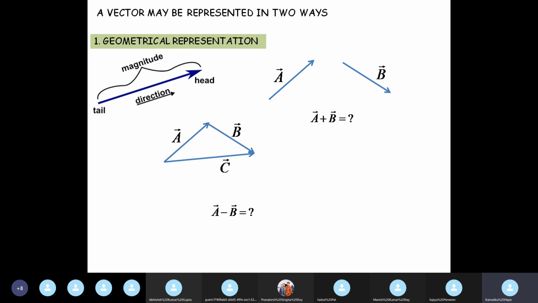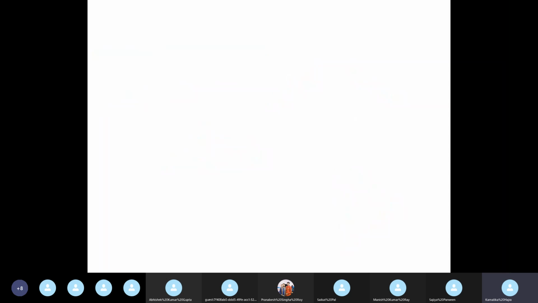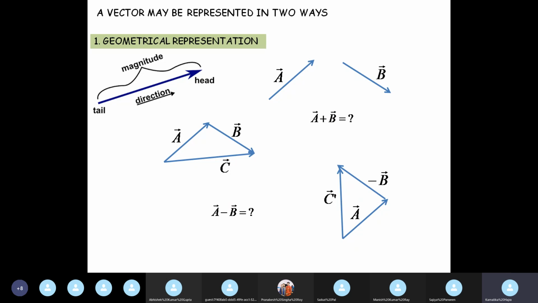Alright. What about A minus B? We simply reverse the direction of B. This is A, we reverse the direction of B and we get minus B. This was B, we just take the arrow to the other side. So we get minus B. And again we join the two ends to form the triangle, and we get a new vector C prime, which is A minus B. So this is the triangle rule of vector addition, and this is the geometrical representation of